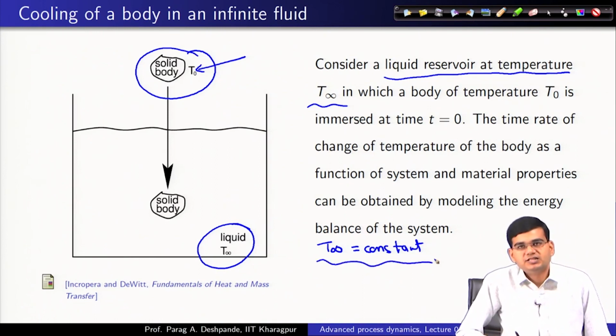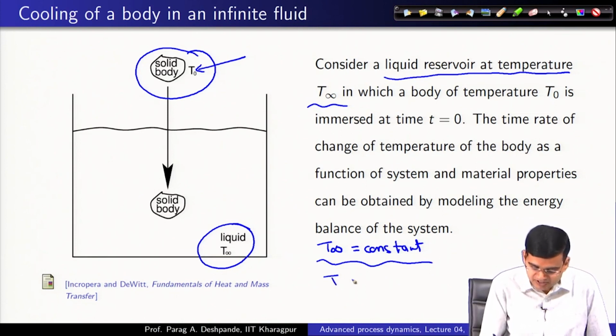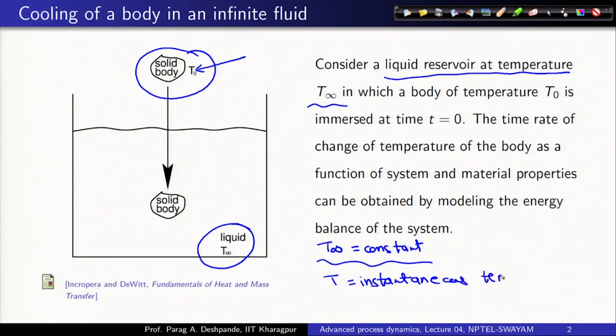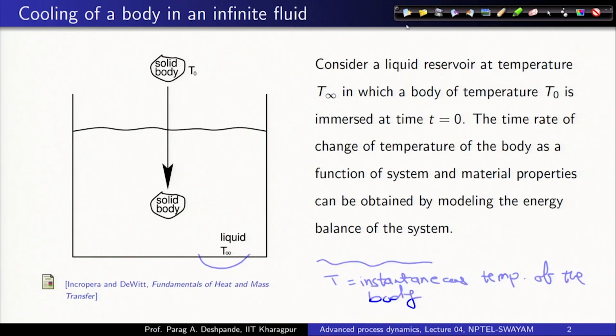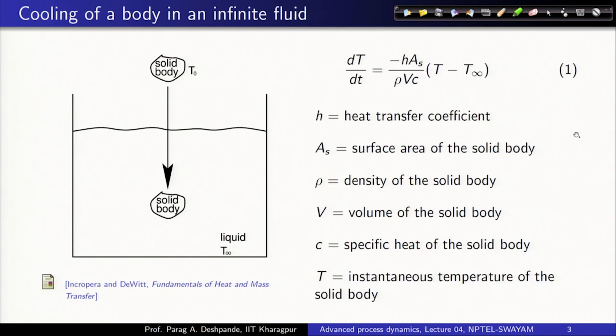to this system physically? What is going to happen is that the temperature T, which is the instantaneous temperature of the body, is going to change, right. So, the instantaneous temperature of the body is going to change, and what is the governing equation that it would follow? The governing equation can be determined quite simply using energy balance. So, the governing equation is in front of you,